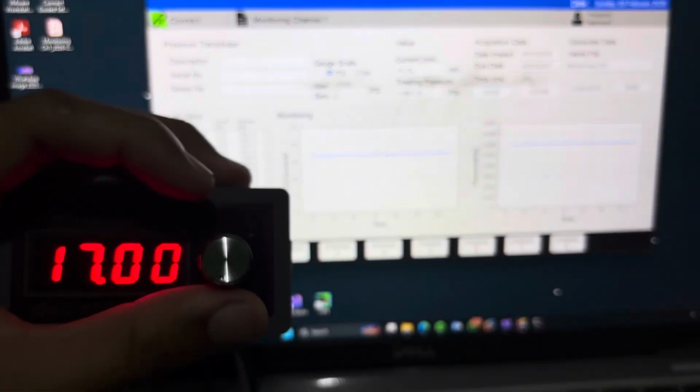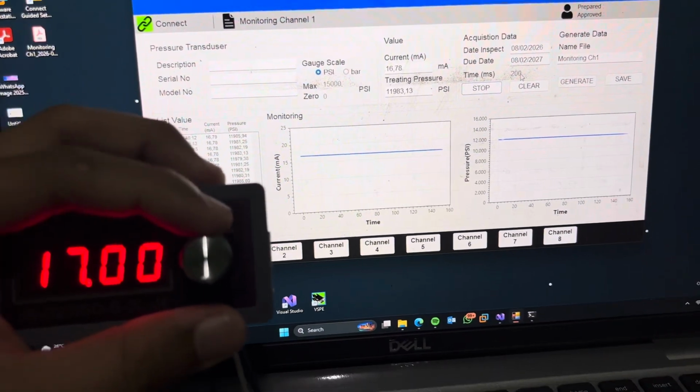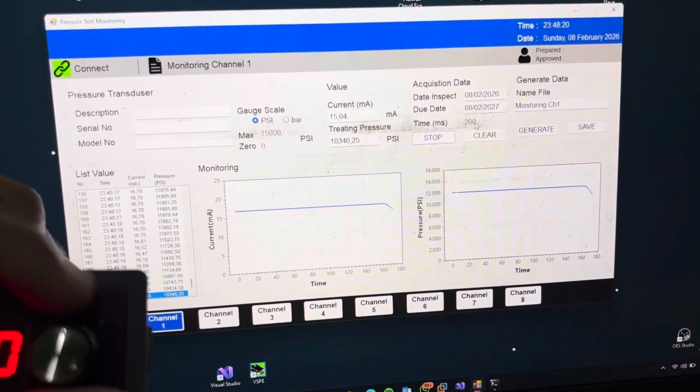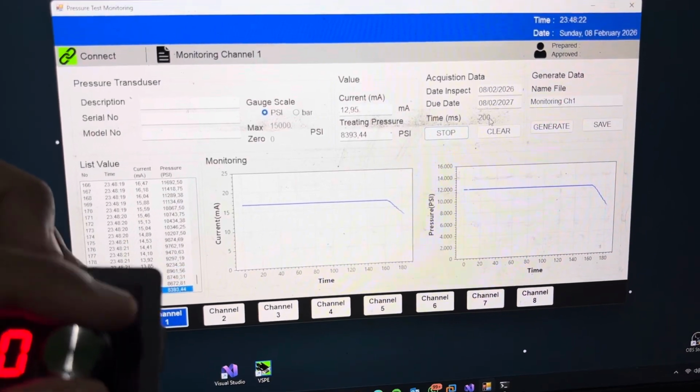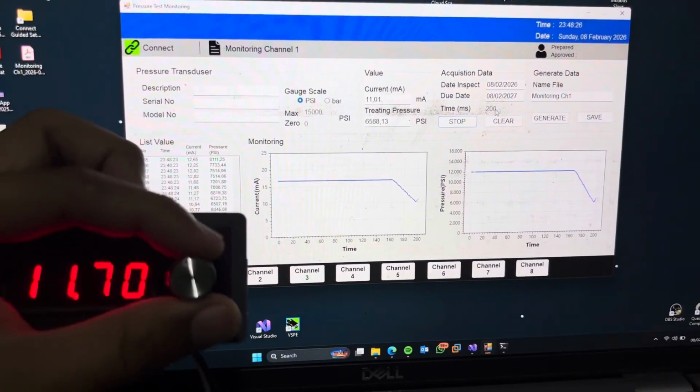We can change and adjust the value of the signal generator again. You can see the plot is changed. You can check again.